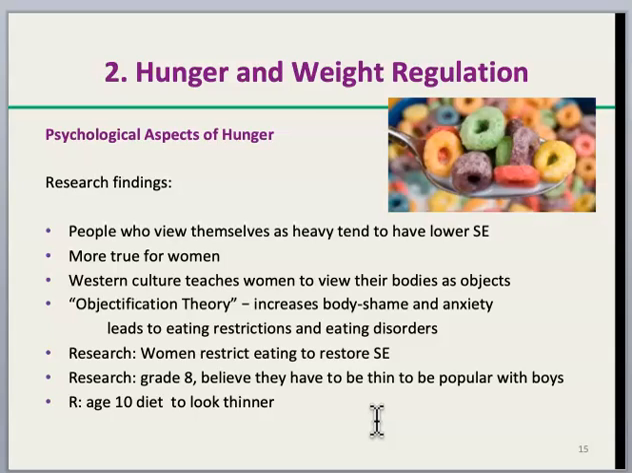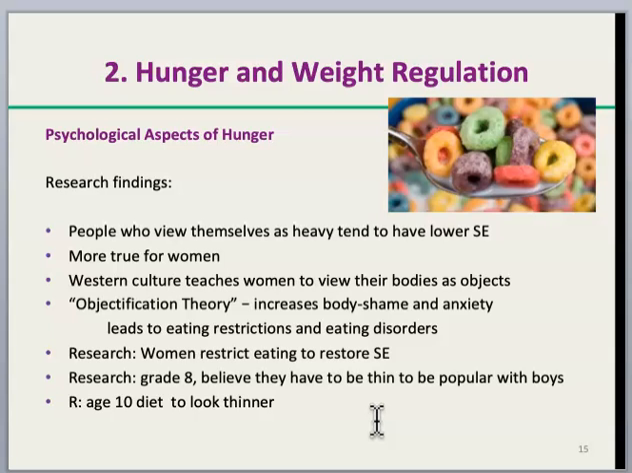Western culture teaches women to view their bodies as objects, which is part of objectification theory, which increases body shame and anxiety, which can lead to eating restrictions and eating disorders. Then the text cites 3 pieces of research findings, which state that women restrict eating to restore self-esteem, whereas they did not find the same in men